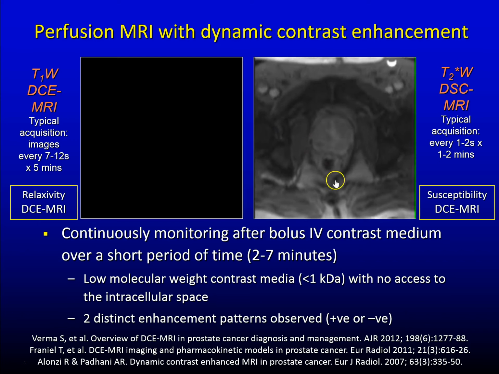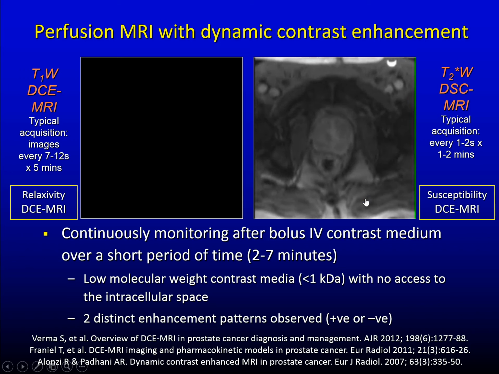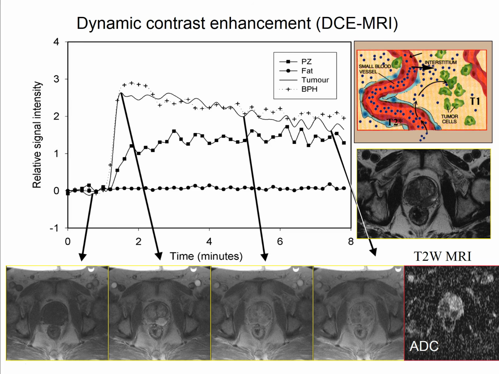Now, you really do not need to do this sort of sequence in clinical practice, but if you were to do it, this is the kind of appearance that one would see. The T1 brightening phenomenon is the sequence that we normally use, and this is just some still images from the same patient,